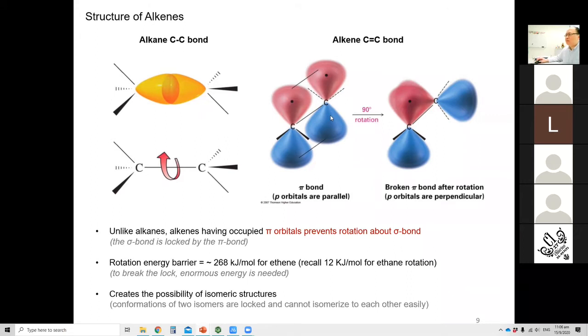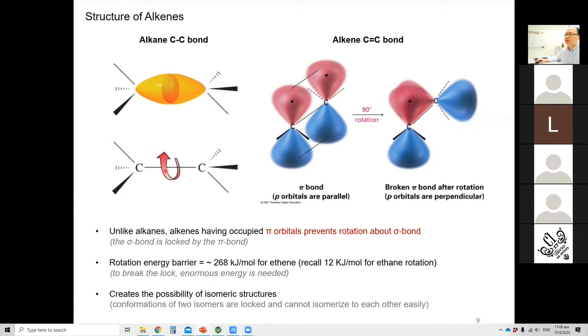So to put it simply, the sigma bond in the case of alkene is locked by the pi bond. Because of the existence of the pi bond, the sigma bond in the alkenes cannot rotate freely. And you see the rotation barrier for the pi bond now is 268 kilojoule. That basically is impossible to rotate, because if you recall, the ethane rotation is around 12 kilojoule per